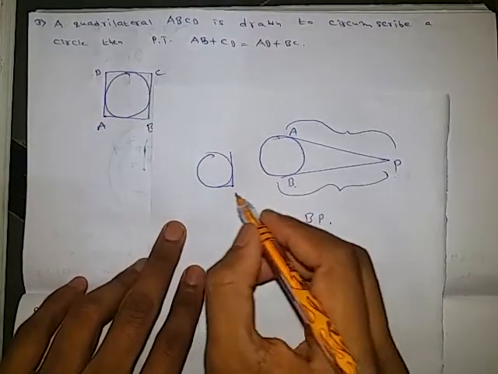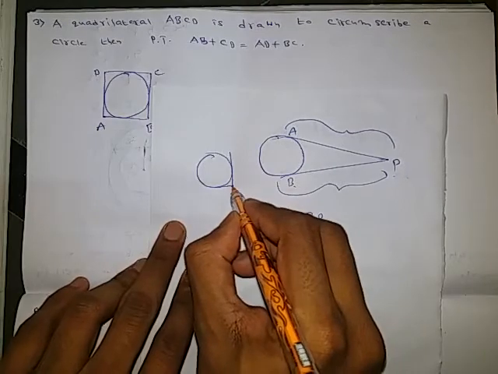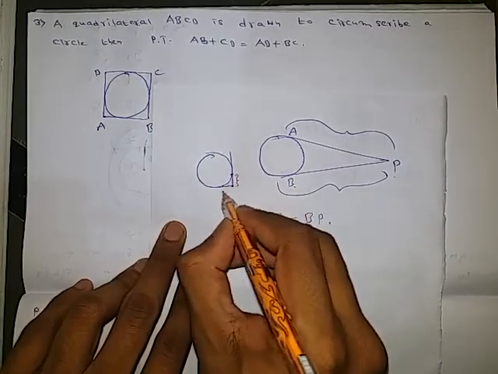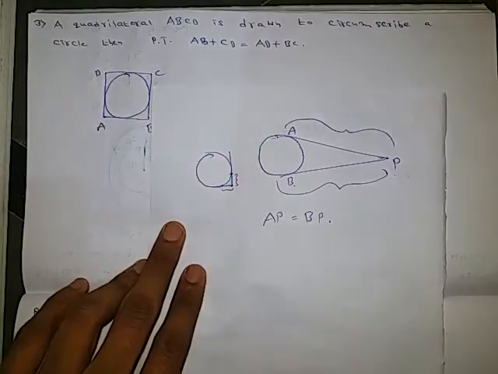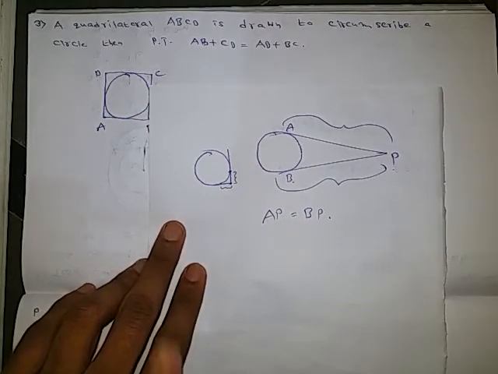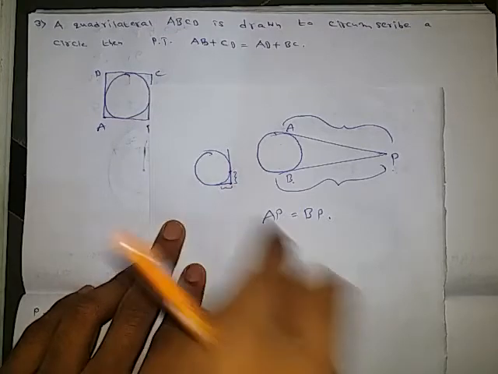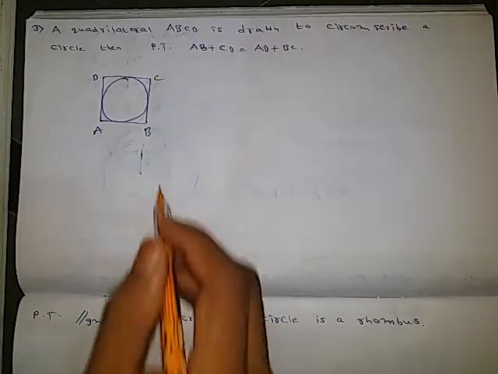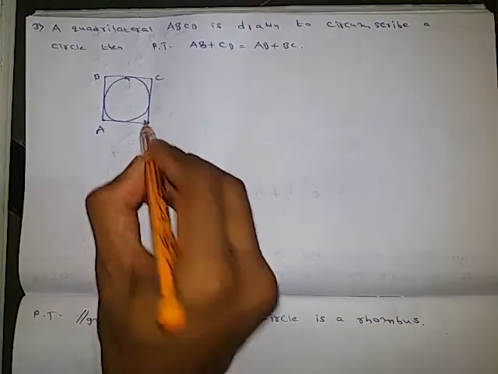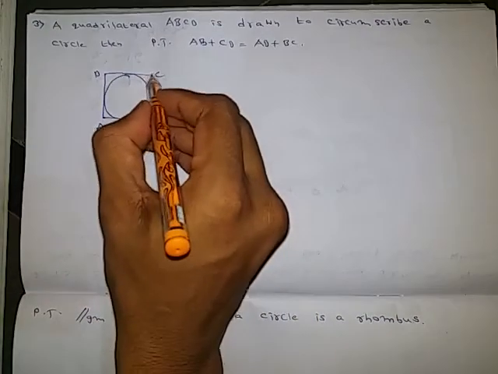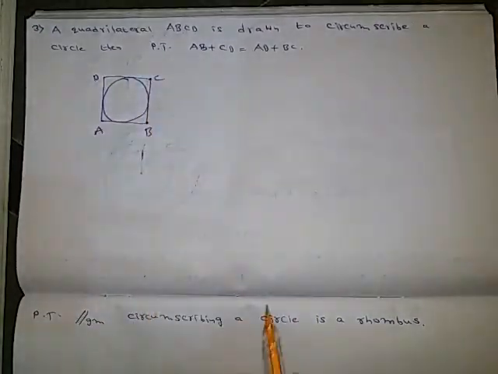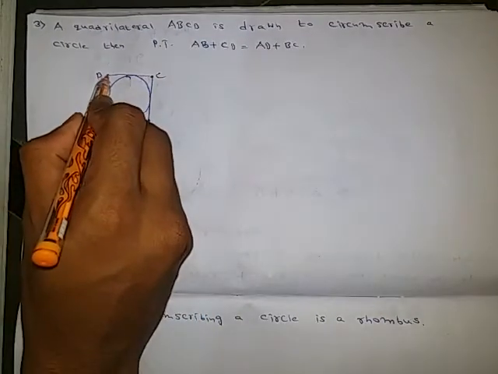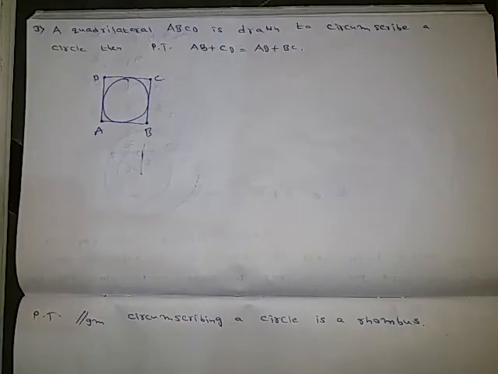So it means from outside of that point till where it is touching, these two measurements will always be equal to each other. Now we are going to use the same logic here also. Check it once now. Here B is a point outside of the circle. C is a point which is outside of the circle. A is a point which is outside of the circle. D is a point which is outside of the circle.